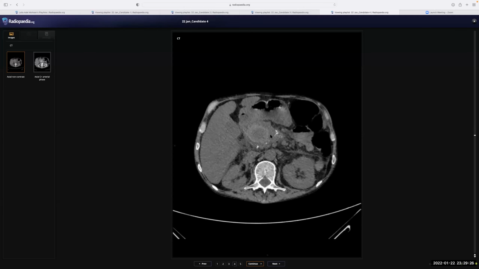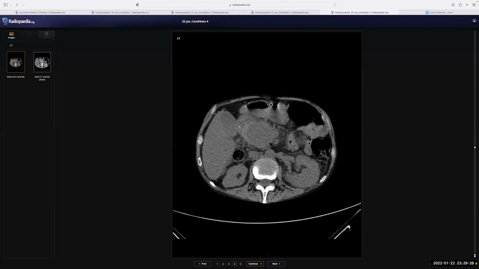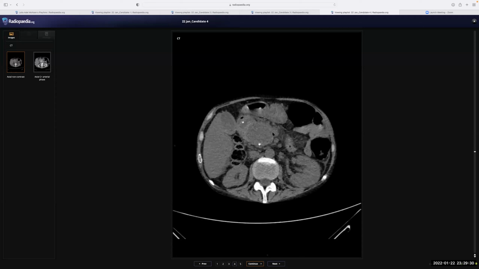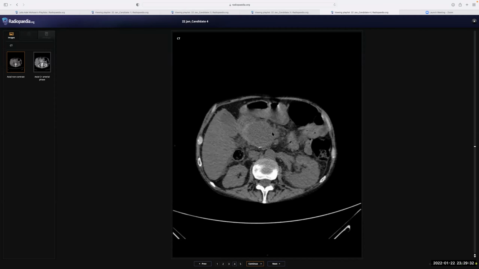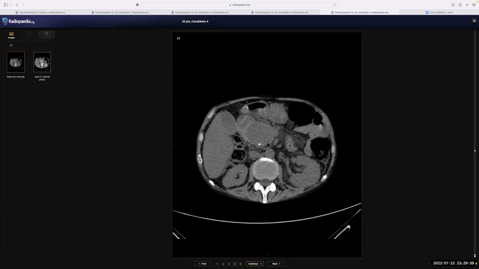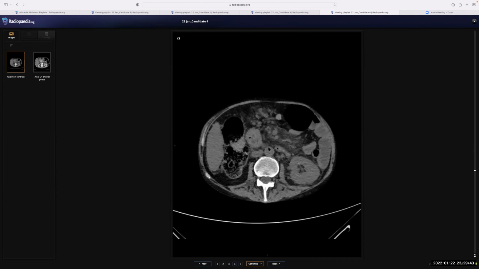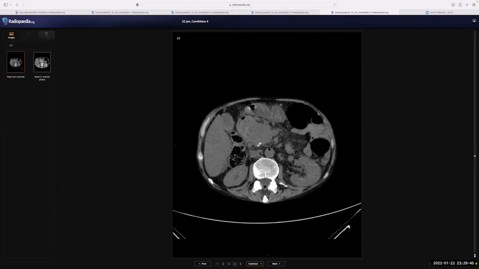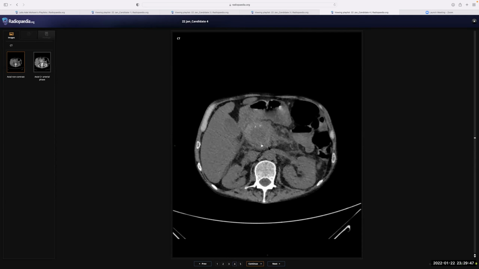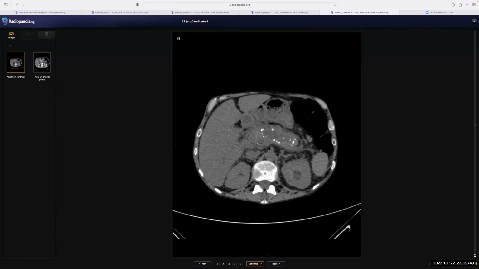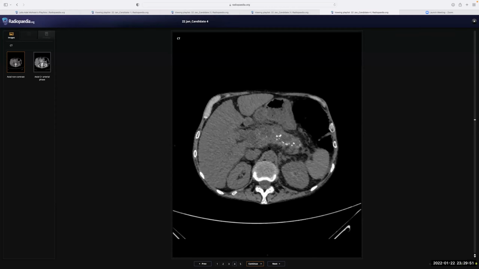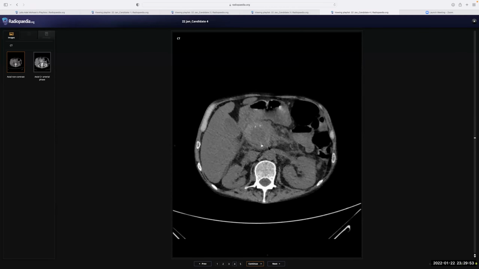So what would you think about this hypodense lesion? This could either represent a pseudocyst from any previous bout of acute pancreatitis, or it could be because of any pancreatic malignancy. But given the current scenario, it goes more in favor of a pseudocyst of pancreas. And